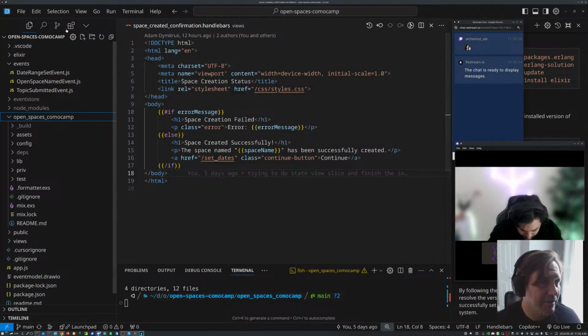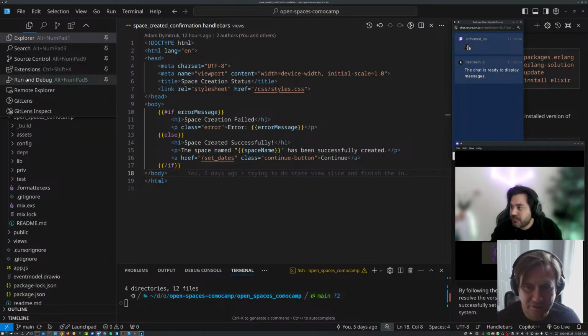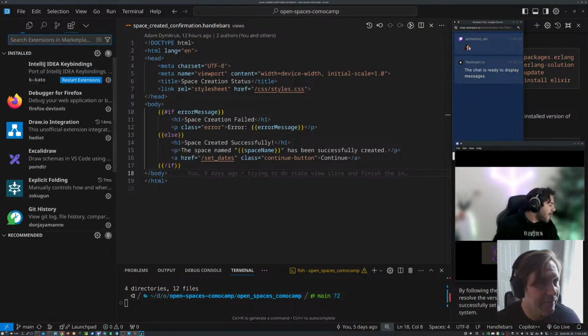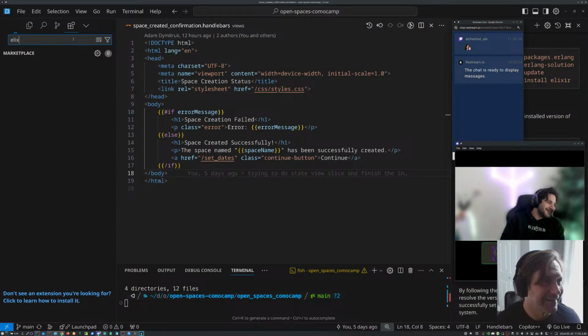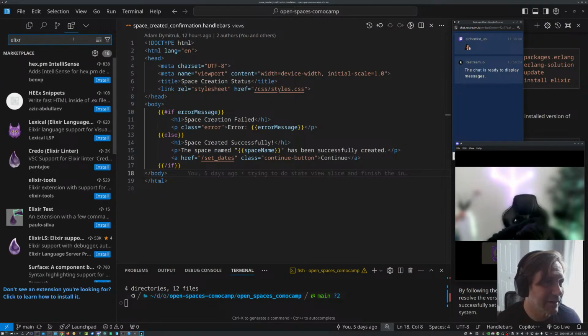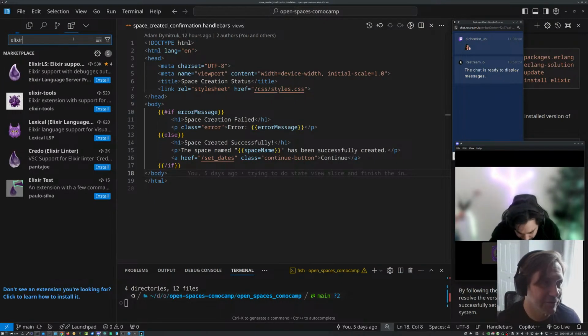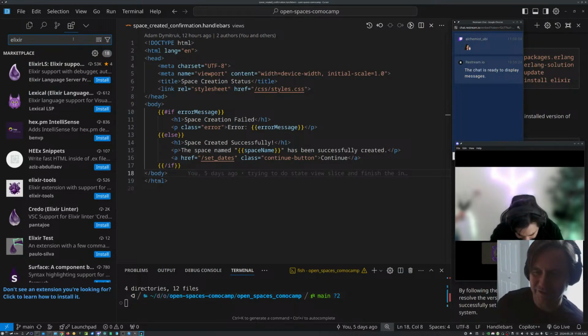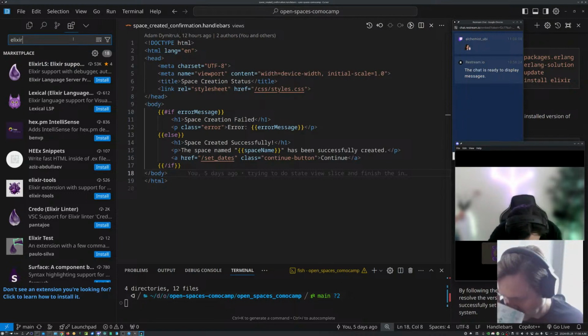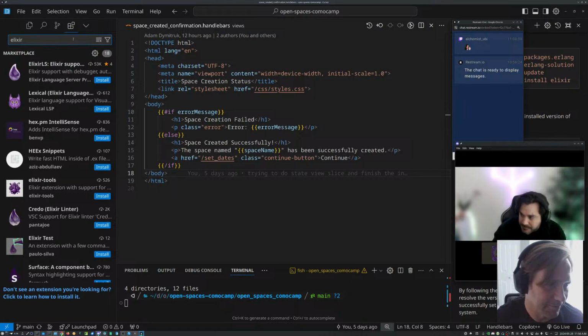So I bet there's some Elixir stuff that I can add, so it makes it easier to edit Elixir stuff, right? Yeah, that's up to you. Well, I'm coding with black and white, no nice syntax highlighting or anything. Well, that's what I like too. Having so much convention, as you know, with event sourcing and all that, that you just don't care. The convention is so simple that you don't need all the IDE helpers.